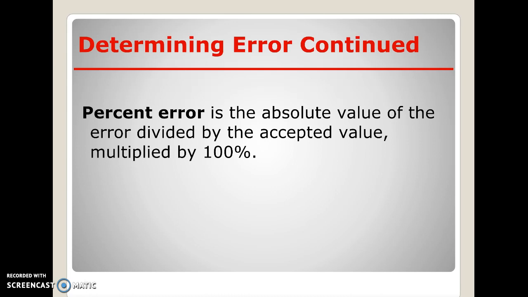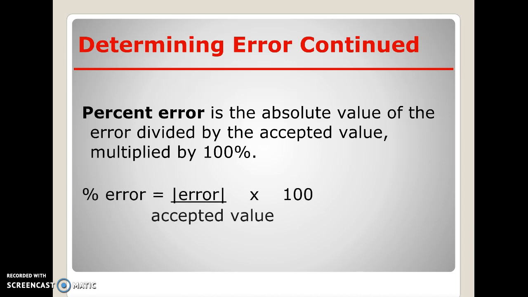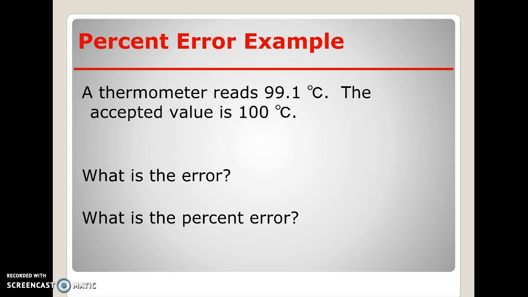And you use the error to determine the percent error. And percent error is the absolute value of the error, so that it's a positive number, divided by the accepted value multiplied by 100. So it ends up to be this formula. Percent error is equal to the absolute value of error divided by the accepted value multiplied by 100. So if you look at an example, you have a thermometer, let's say, that reads